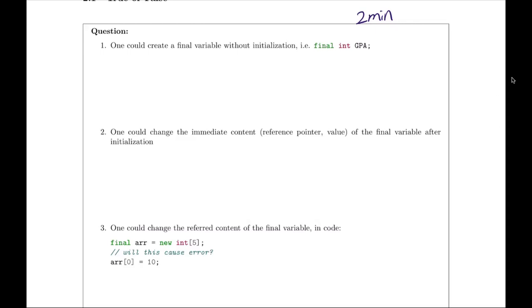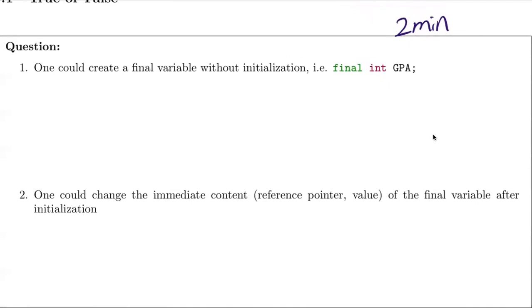All right. So the first question is, one could create a final variable without initialization. And there's an example, final int GPA. So that is not allowed. So this is false. According to the definitions of the final variable, when you create a final variable, you must initialize it. So the correct way to create a final variable of GPA is final